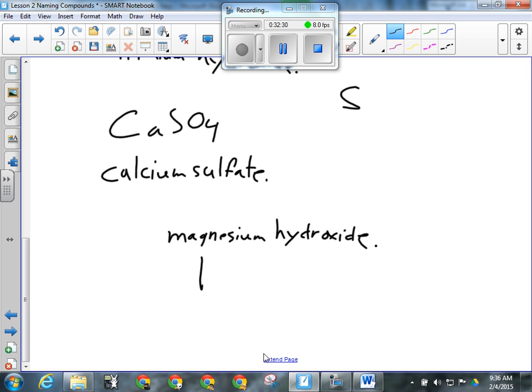Mg. And magnesium has a charge of 2. All right, so we write that down just like we would for a swap and drop for anything else. Hydroxide is OH. And its charge, according to your table of polyatomic ions, is -1. Right. Okay, so when I swap and drop, this is going to be